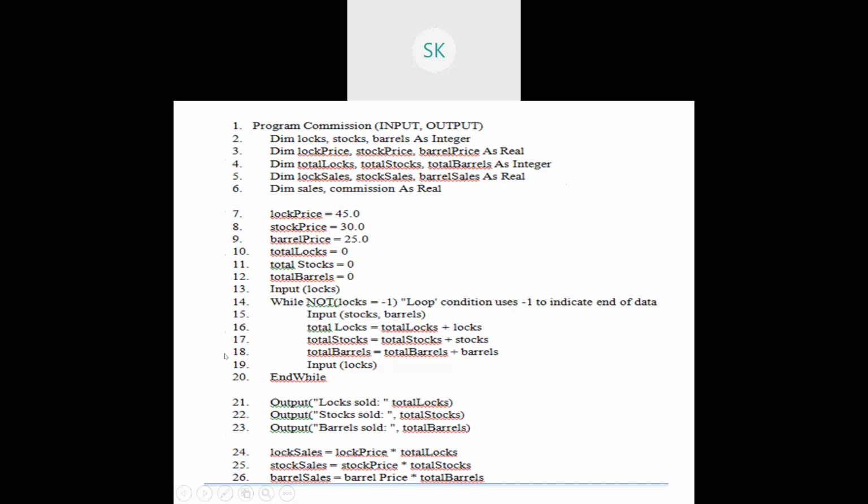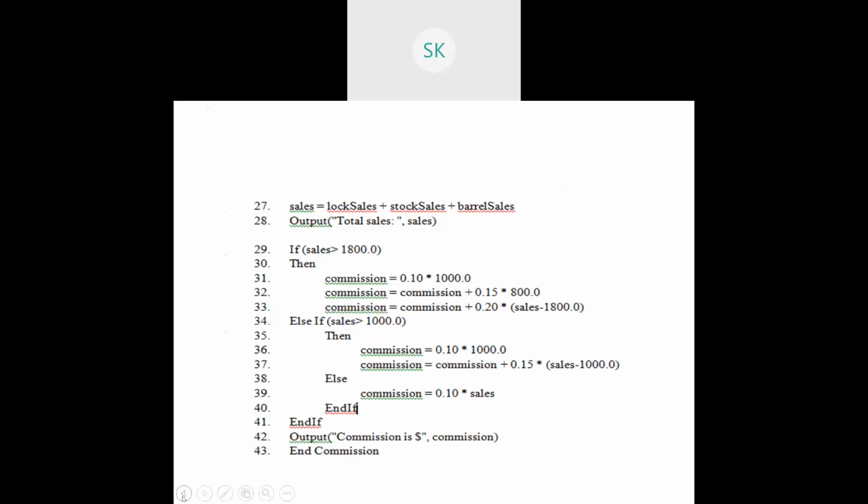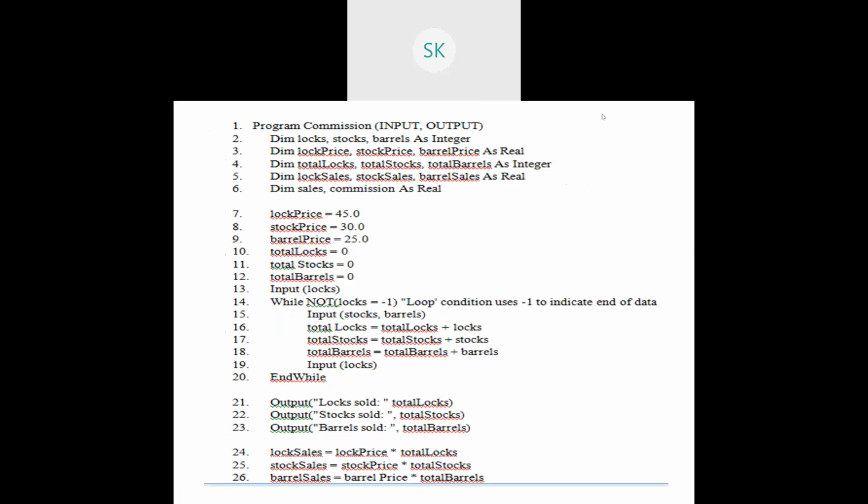So you need to identify three: the 10th one, where total logs is defined, followed by the 16th node, followed by the 21st node.